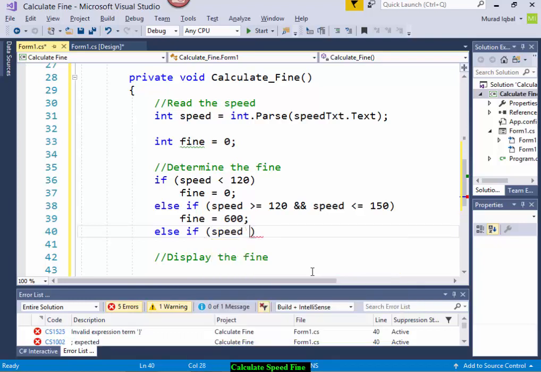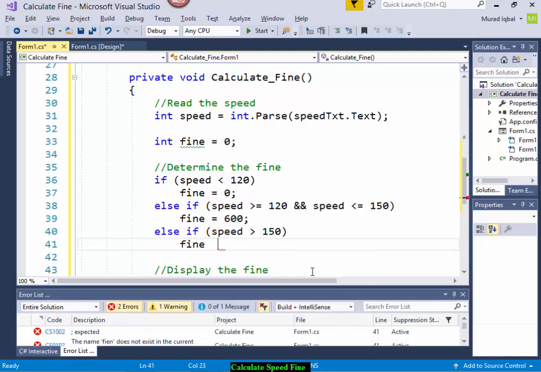Speed greater than 150. Okay, that's another way. There are two ways to do this. Yes, there are two ways to do this. Else if speed is greater than 150, you say fine equals to 1000. Well, this is correct. However,